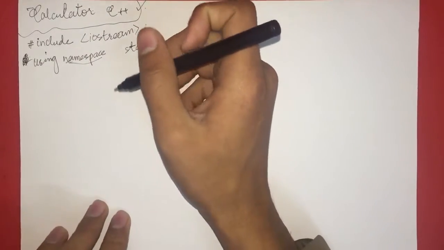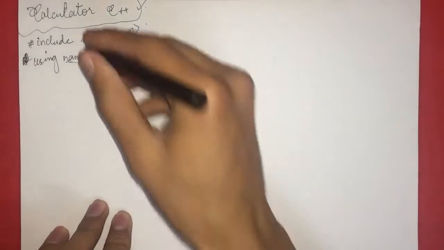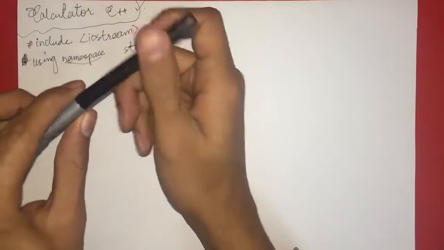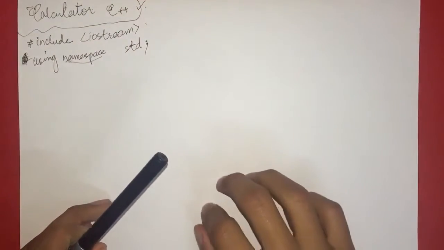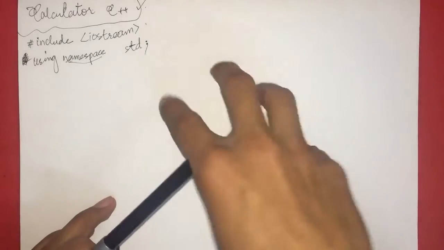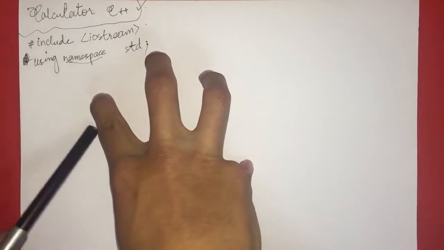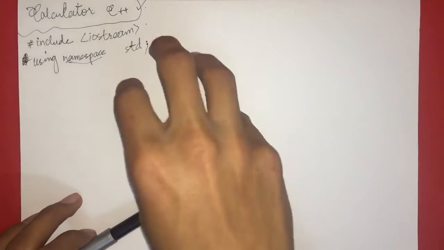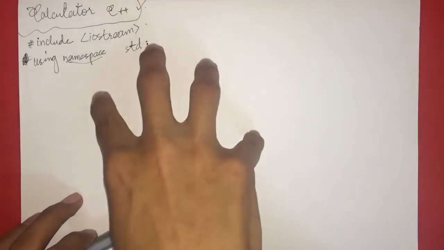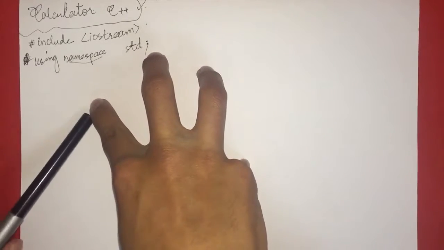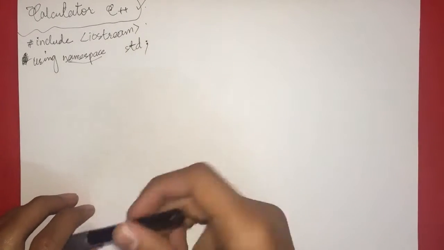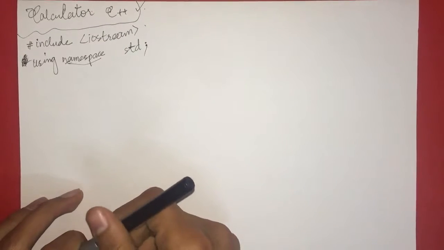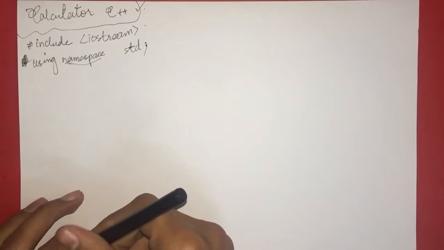So here we have done this. The one we did in the class, we didn't create a function, we just wrote all of the program in a single function, that was main. But in this video, I'm going to utilize our learning by creating a void function, and I'm going to name it calculator. And in that function calculator, I'm going to